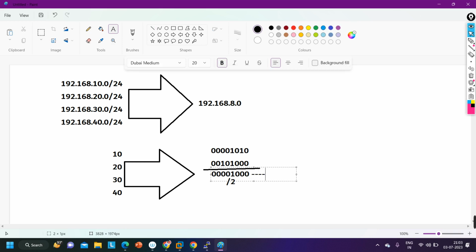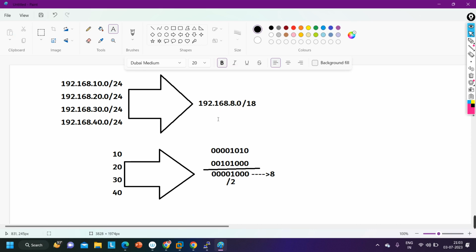What is the decimal value of this binary? 8. So this is my network ID. And how many common bits do we have here? See, 8 plus 8 plus 2, that is 18. This is the summary address.